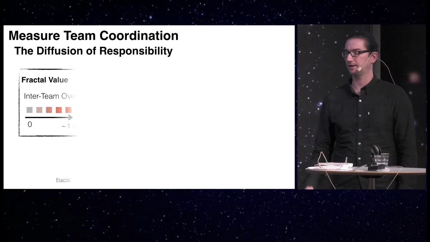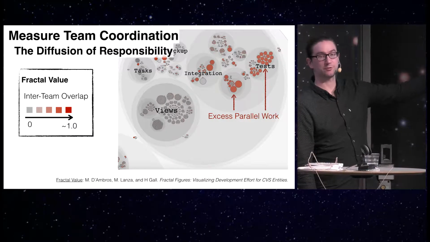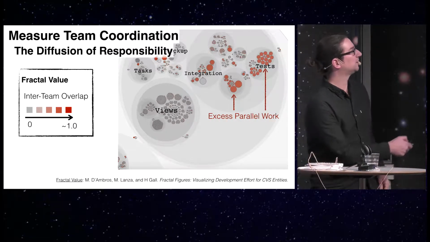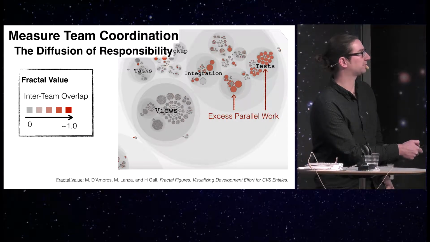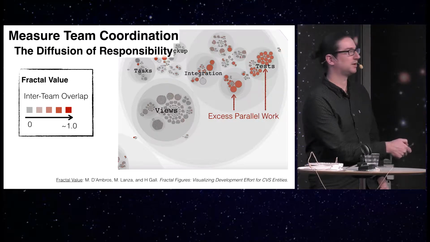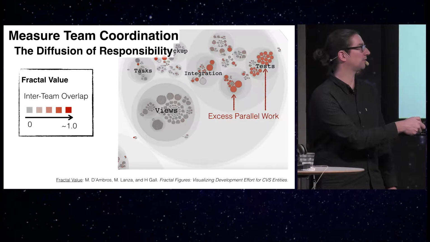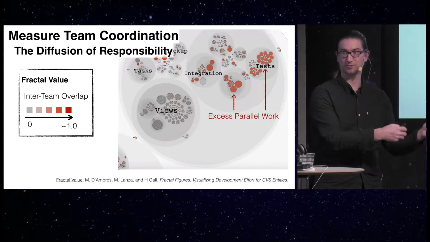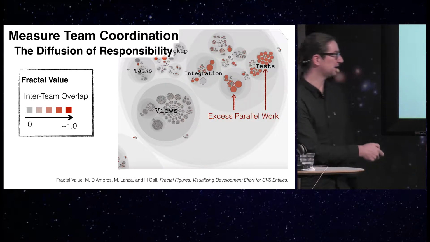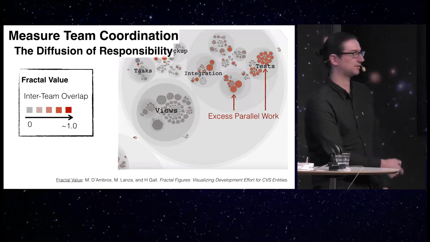a graph like this. It's the same kind of visualization, the same kind of enclosure diagrams that I used earlier for the hotspots, but only now the colors carry a different meaning. The colors show how fragmented each piece of code is from the perspective of teamwork. So basically, the more each team has worked with a particular piece of code, the more red that part becomes. And the actual algorithm behind that is something I took out of a research paper that I referenced down here. It's a really good paper, so check it out.